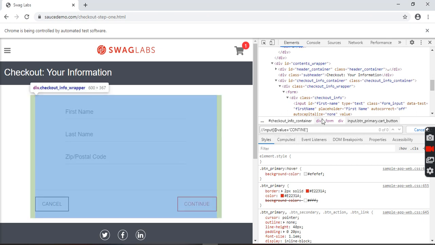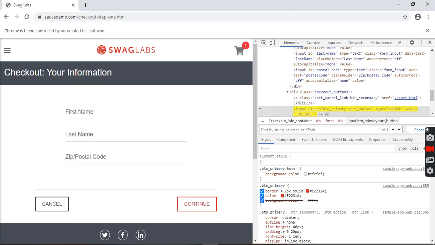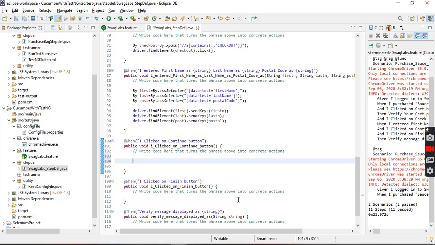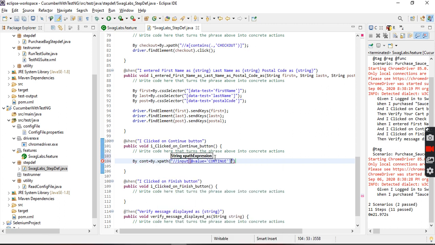Okay, this is an element. Identify here by dot xpath, pasting here.